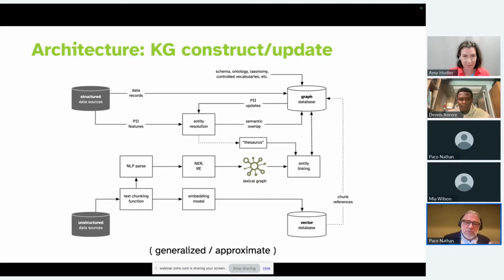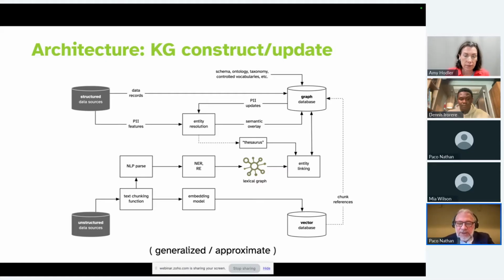But the idea is, once you've got the backbone of your graph, now can you go out and grab a lot of unstructured data sources? And looking across the world, there's a lot more unstructured data sources than there are structured. Kind of an 80-20 rule there. But if you've got the backbone structured in your graph already, now can you bring in unstructured data sources, run them through a couple of pipelines.